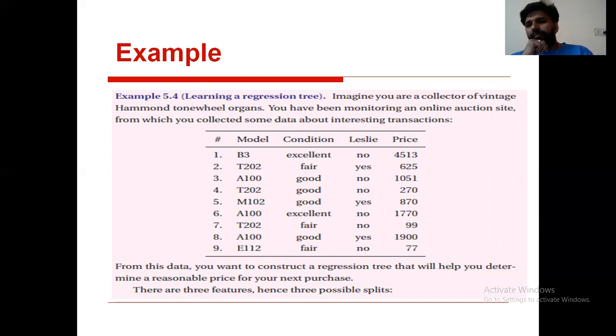Out of 5 features, I am not using all 5 features to construct a decision tree. Why? Because here we are simply discarding the serial number. Why? Because the serial number has more distinct values. See, whenever a feature has more distinct values, it may not be used for the mining process. And here the second point we need to remember is that you need to perform generalization.